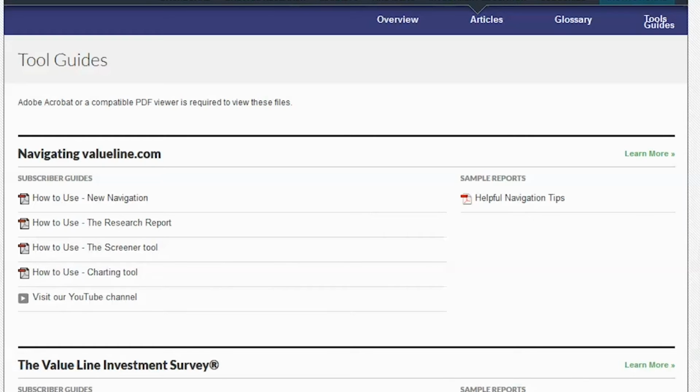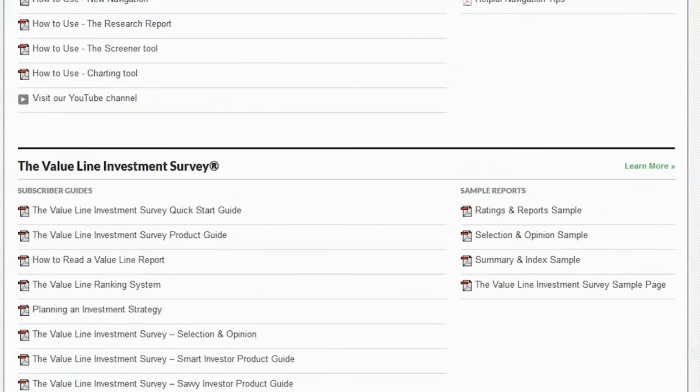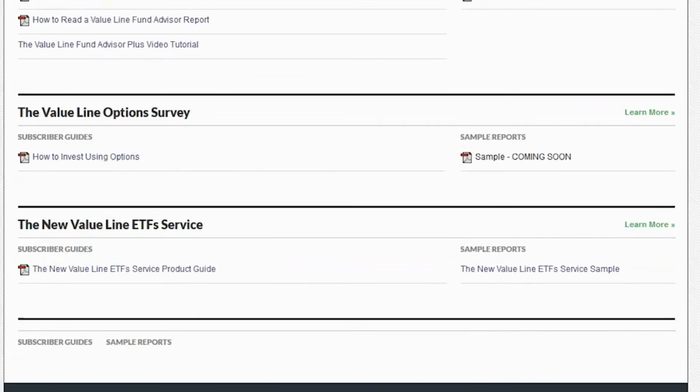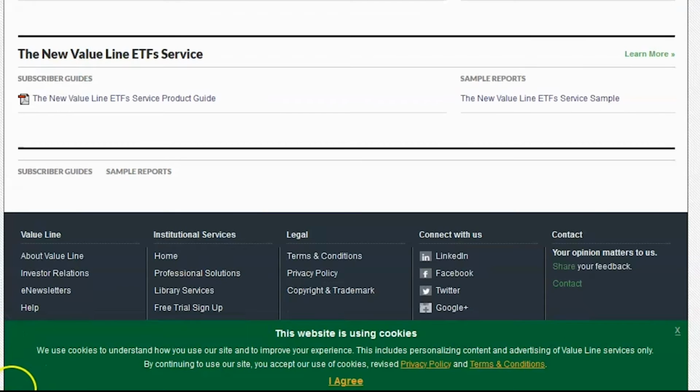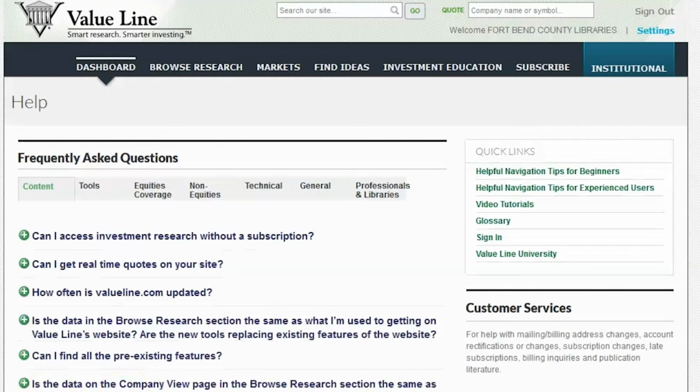As you use ValueLine and run into any problem, you can scroll down all the way to the bottom and click Help to find more information about ValueLine's research and frequently asked questions. The last thing I want to show you for the Investment Education tab,